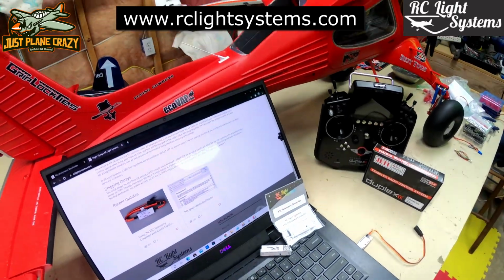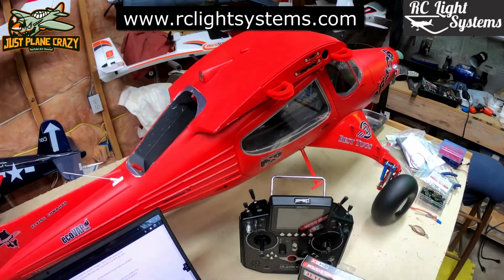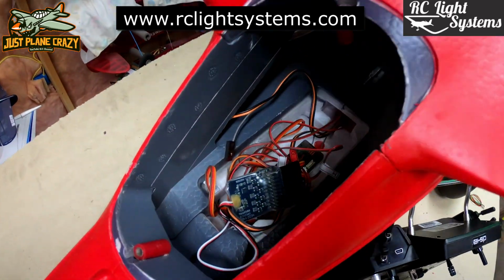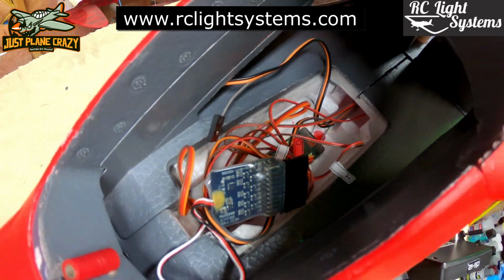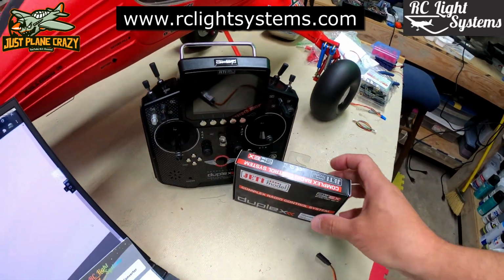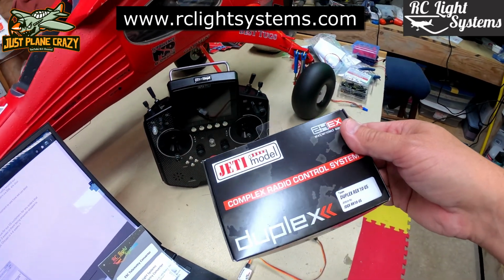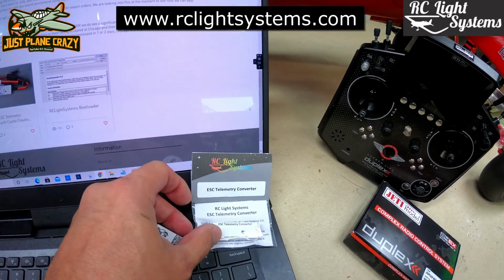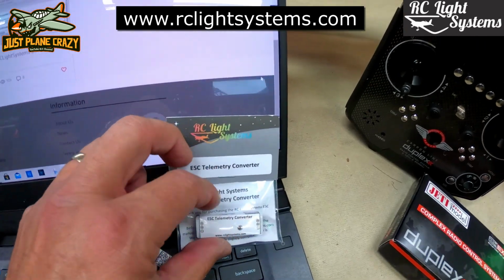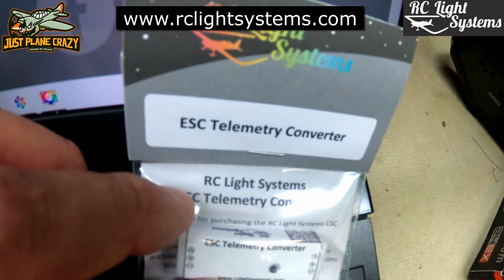So here's what's going down, folks. We're going to take the Draco. We're going to disconnect that Spektrum receiver on the inside. I'm going to use my Jeti DS12. We're going to throw in a Rex 10 receiver, and this is the bad boy that you've been waiting for. Let me introduce you to, from